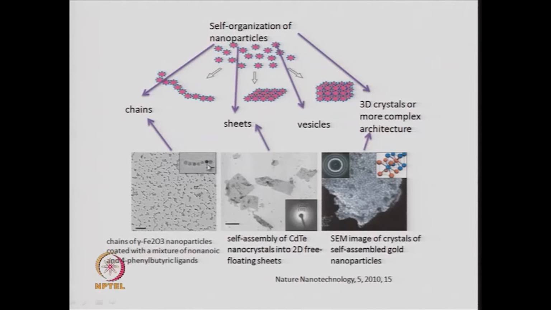You can have 7 particles in a chain, or 10 particles, or 15 particles, and here these are magnetic particles, gamma iron oxide nanoparticles, which have been coated with a mixture of nonanoic and 4-phenyl butyric ligands. So, these kind of particles coated with these kind of ligands are self assembling to form chains. This is another example where